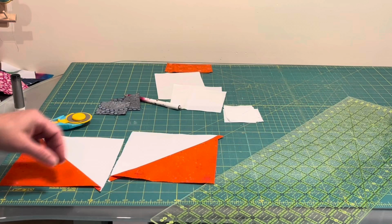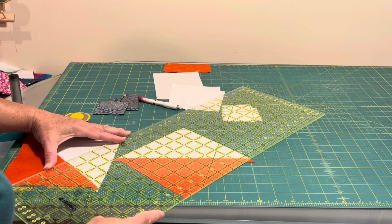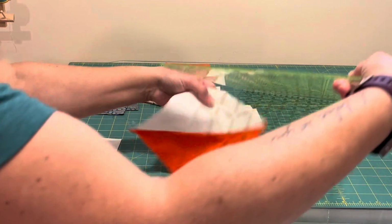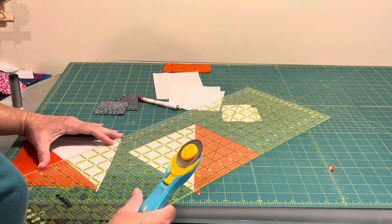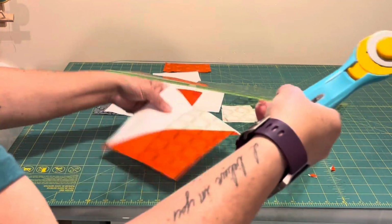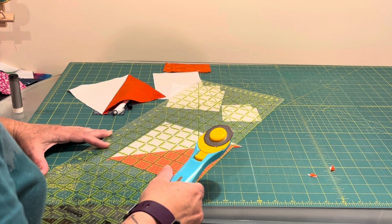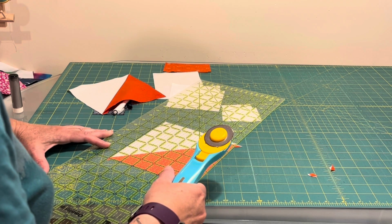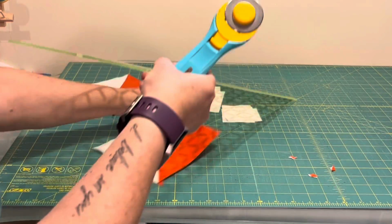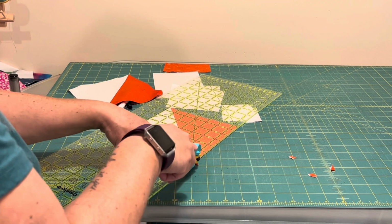So here are our pieces. They should be 6.5 inch squares at this point. We will just trim off those dog ear corners and check to make sure they're 6.5 inch squares. And then we can move on to the next step of making this lower half of our block. Once we have these dog-eared corners out of the way,